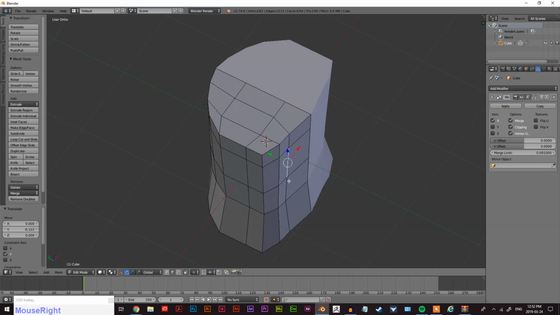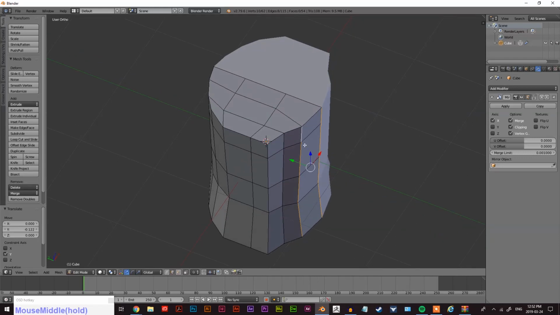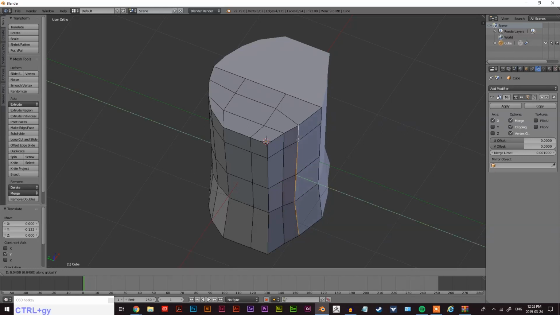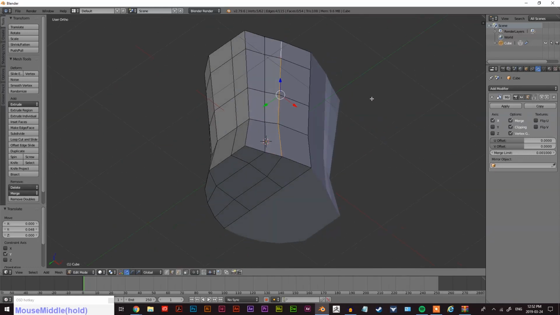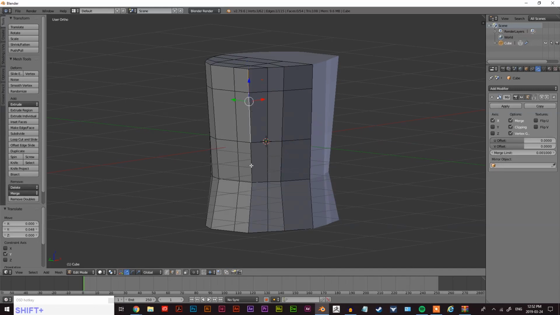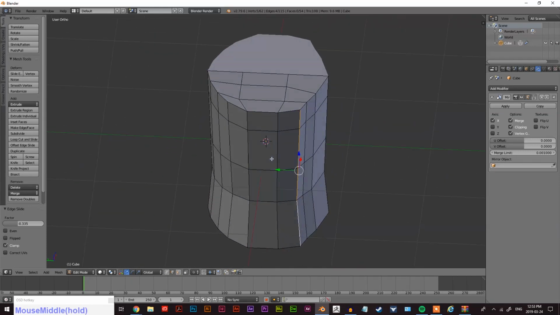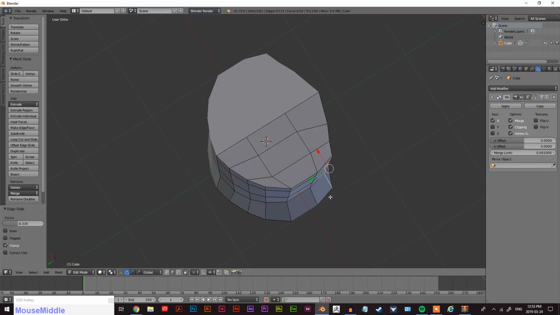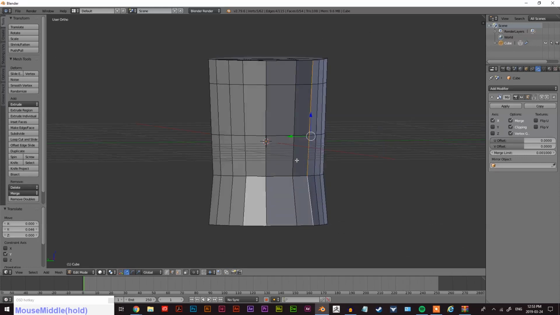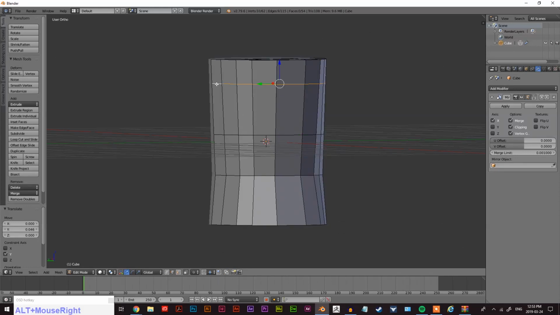Okay, so now we got a nice little cylinder kind of going on that's going to represent his torso. It's like that, GY. I'm just gonna bring this out a little bit more just to round it off. And then I'm gonna bring this in a tiny bit. GY to bring that. Alright, cool. I'm feeling that so far. I think we need to edge slide this in a tiny bit more. But the more you guys get to know me, the more you'll realize that I'm kind of nitpicky when it comes to these things. I kind of get a little inundated by the details,